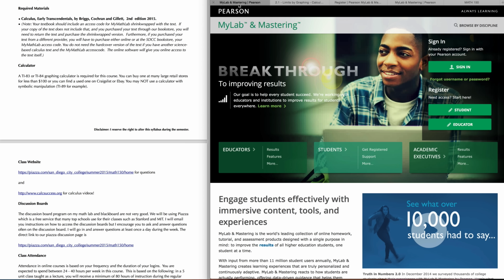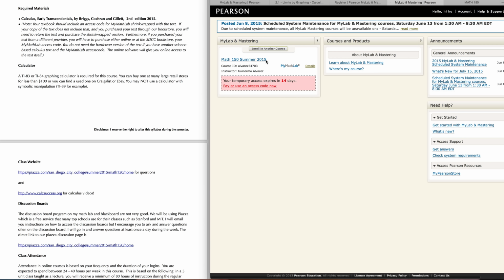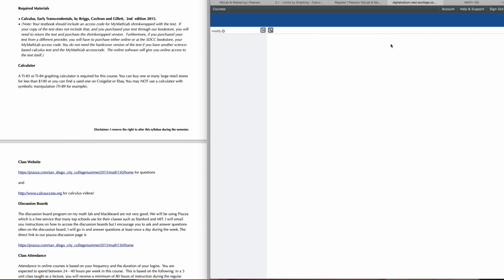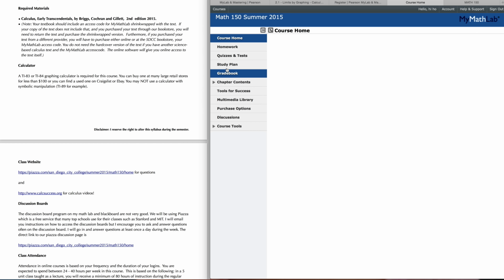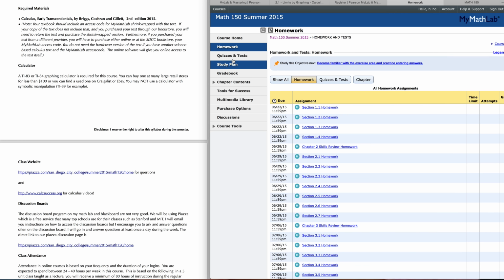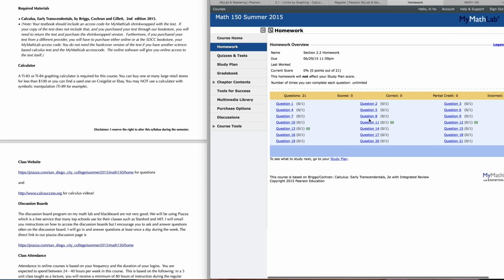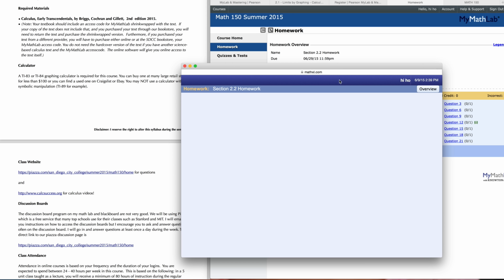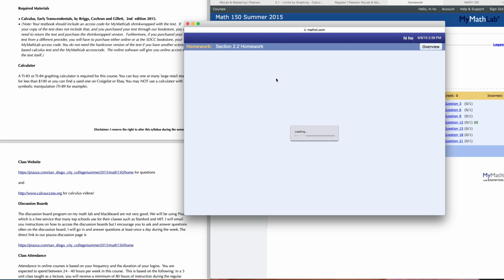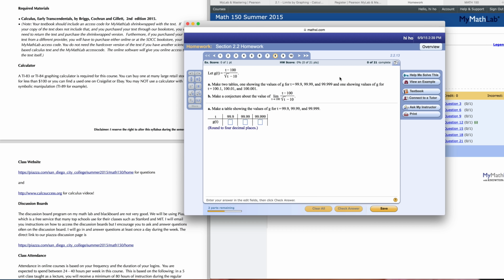Another thing is if you're having a problem with a MyMathLab question, let me go back to MyMathLab here. Let's say you're doing the homework, and for example, you're working on question 8, just as an example here. If you're having trouble with this question, you can